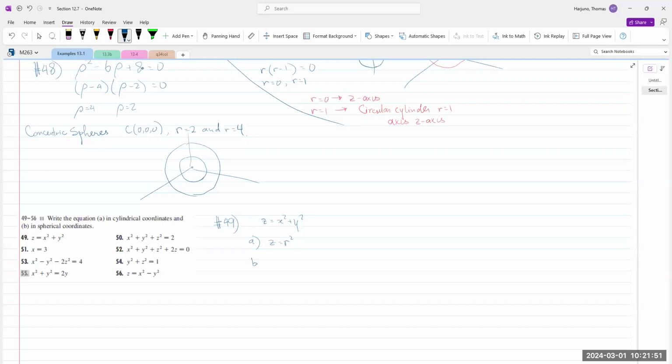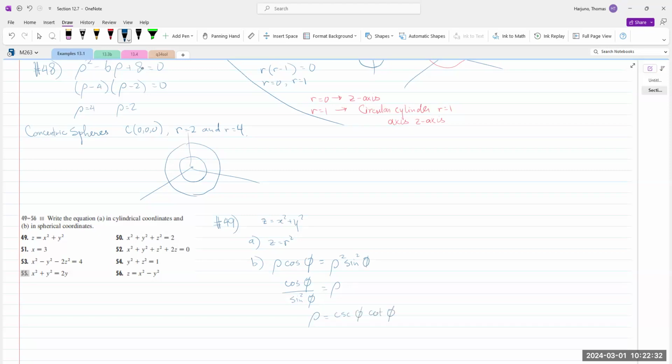And part B, if we need to write it in spherical, z is rho cosine phi, and r is rho sine phi, because I square it. Then you see I can cancel one of the rho, and then divide by sine squared phi, equals rho. So you will see rho is cosecant phi